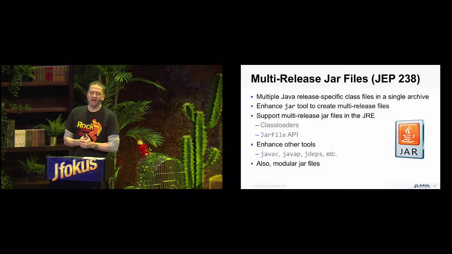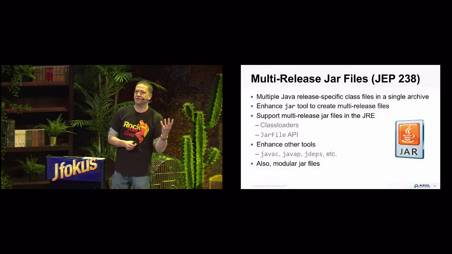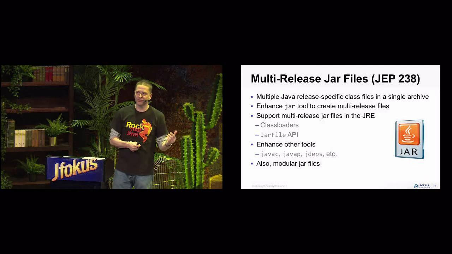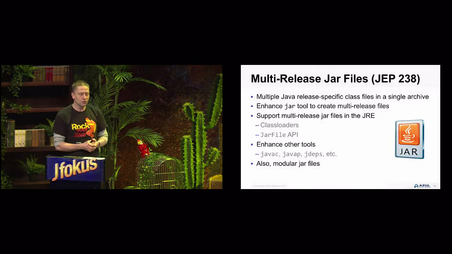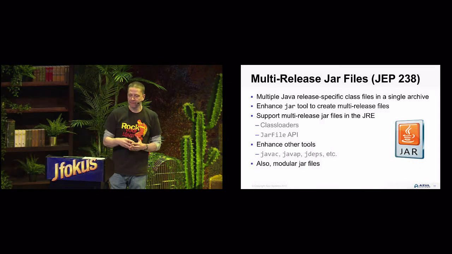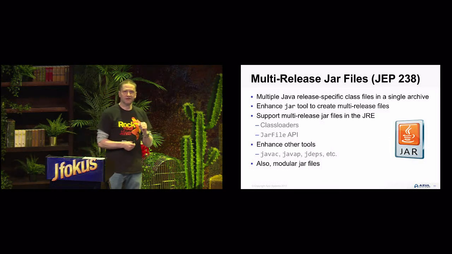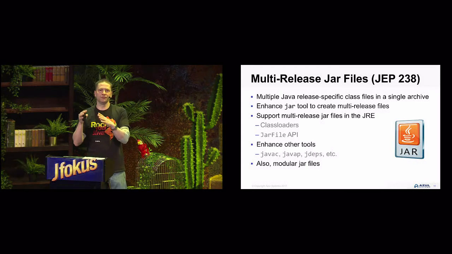Multi-release jar files have been introduced. So the idea here is that if you want to provide code in a jar file and deliver it in such a way that it can work with different versions of the JDK, depending on what features are available, then the jar file will now be able to support that. Now, at the moment, you might think, well, that's great, because we have JDK 9. I can create a multi-release jar file that has 1 release in it. However, there is actually a way of doing it so that you have 2 releases, because the jar file is